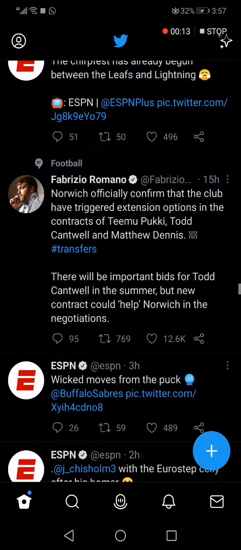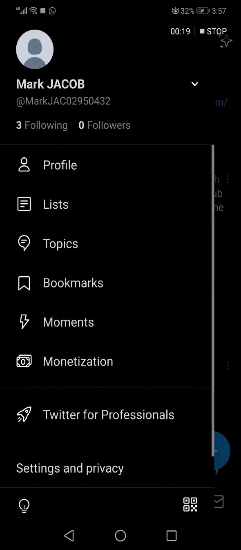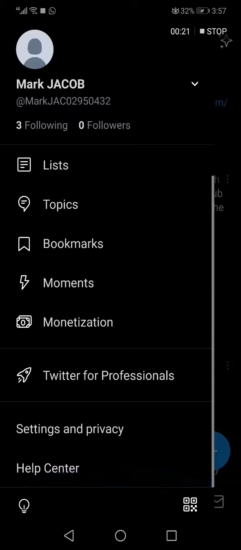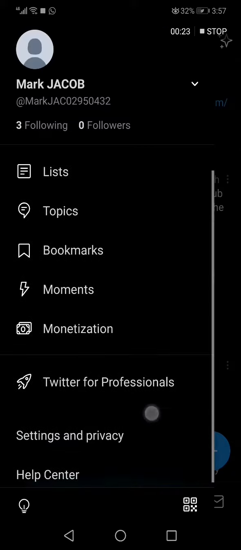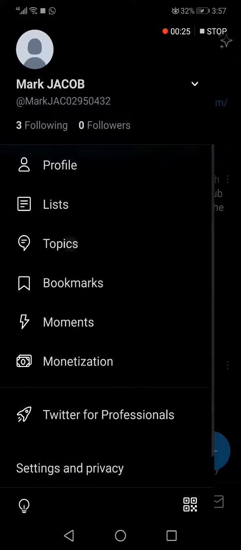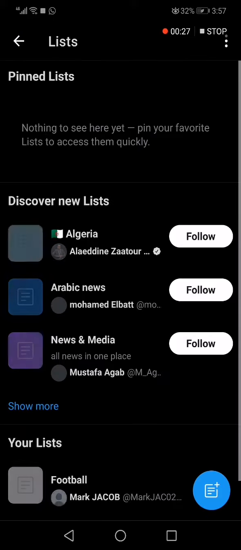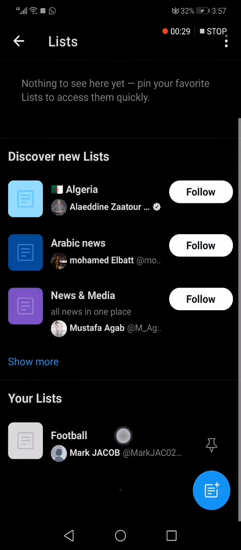So first thing, go to Twitter and go to the top corner, click on your profile now here, and then go down and choose settings and privacy, or you can click on lists just from here. Now go down and click on your lists here